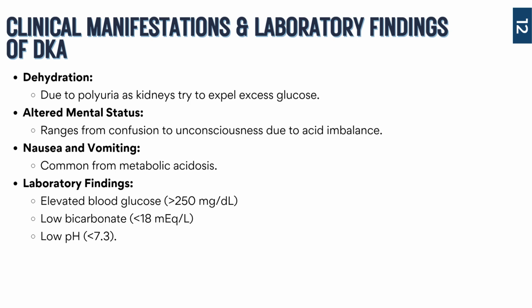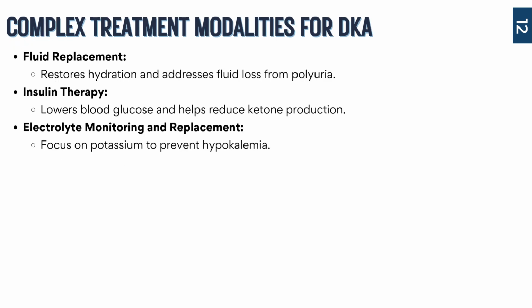Together, these signs and lab findings are going to guide you to a prompt diagnosis and help prioritize the treatments for DKA to stabilize that patient and provide metabolic balance. So treating DKA involves multiple steps aimed at correcting the dehydration, the hyperglycemia, and the electrolyte imbalance, okay? Each of these areas is critical for stabilizing the patient and stopping the DKA cycle.